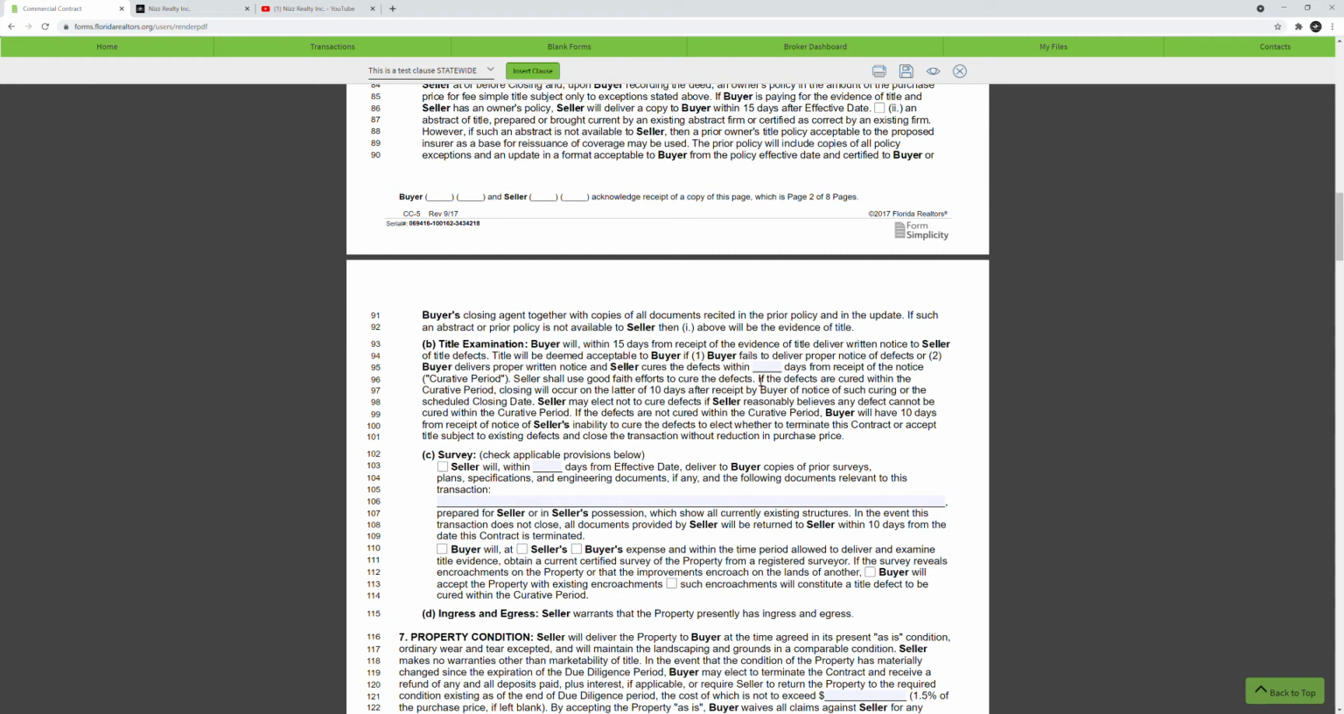The next part is title examination. This paragraph here, you could fill in a date. The seller will cure the defects within how many days from the receipt of the notice. Usually I like to fill in a number here. I highly recommend it. The number you fill in here is really at your discretion, or whatever is agreed